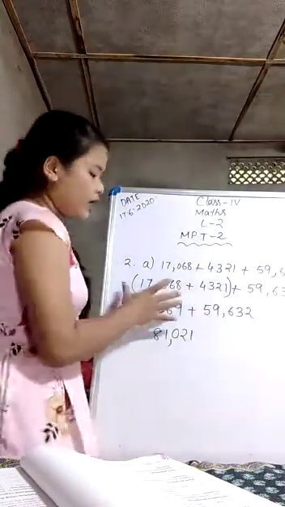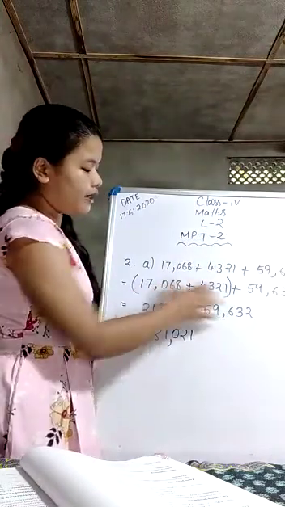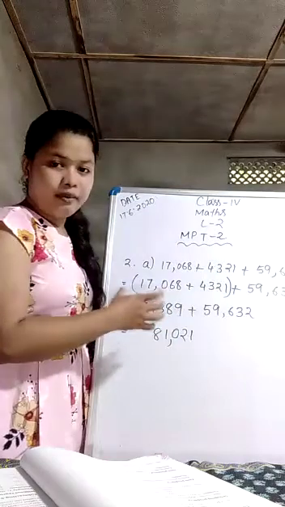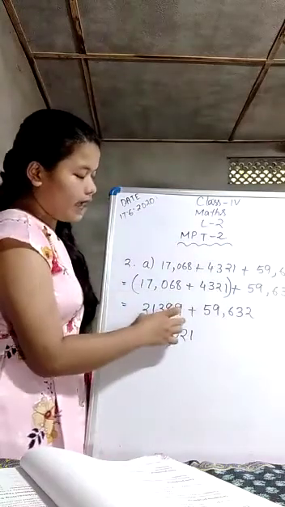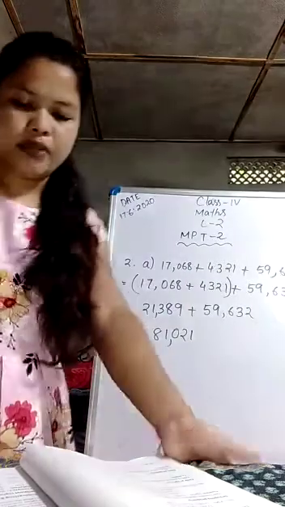So we are grouping any 2 numbers and first we will add the grouped numbers. That means we are giving a bracket and we do the bracket things at first. That's why we are adding the numbers which are in the bracket. Then with that answer we are adding the third number. So it is the grouping property.